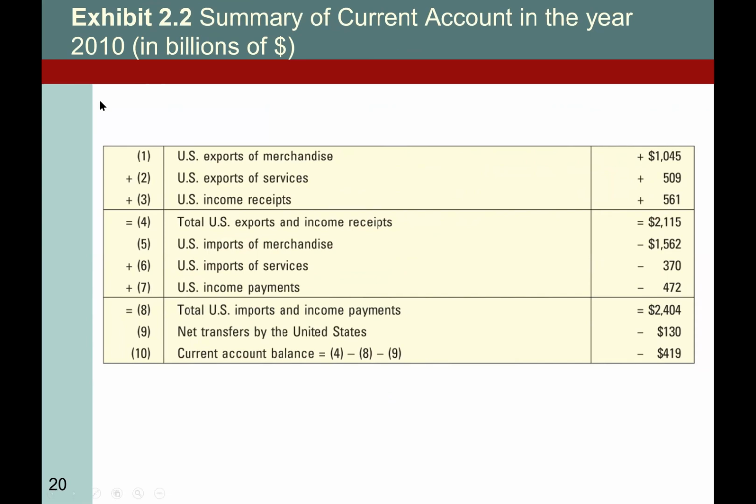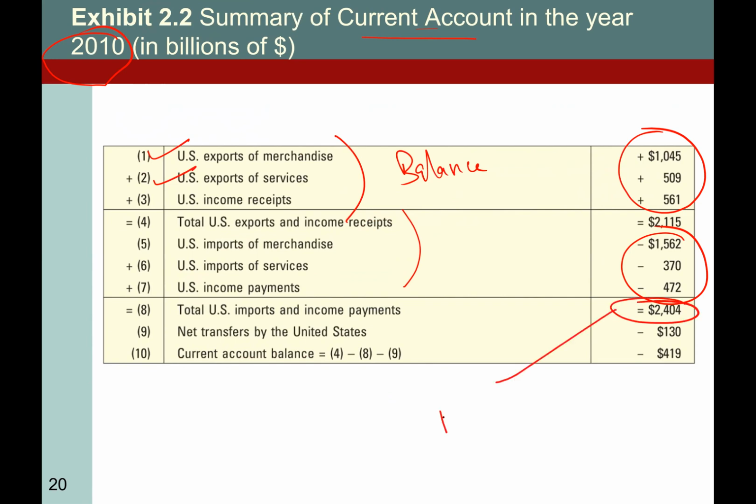So we have an example here. That is the summary of the current account in the year 2010, from the book of the United States of America. So you see here, the total current account first is the balance of payments, net exports, including export of services as well. So you see net exports, US income receipts. Number 4 to 7 would be your net imports. You see that is a minus sign here. So total imports and exports, you see here, that is the balance of trade,